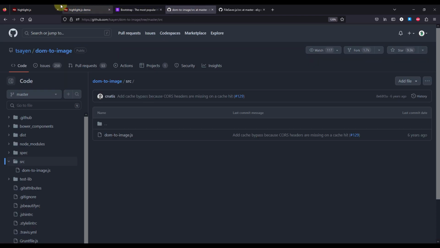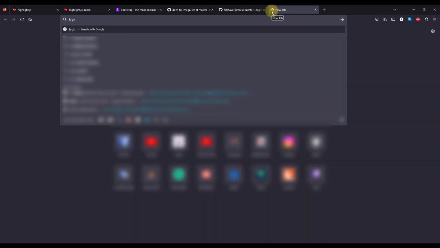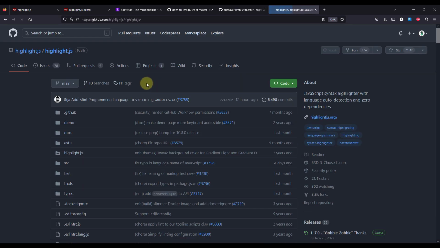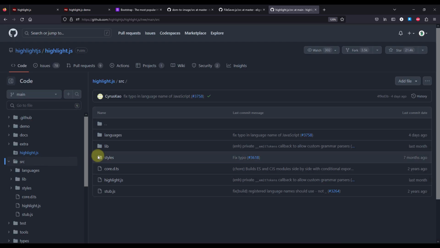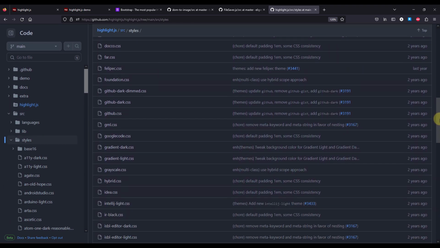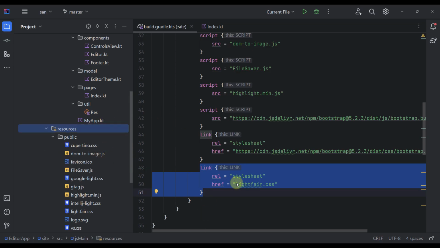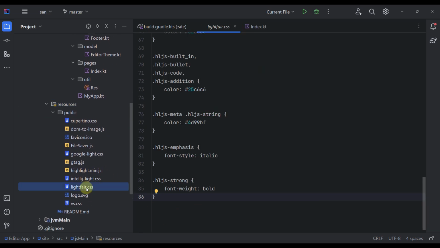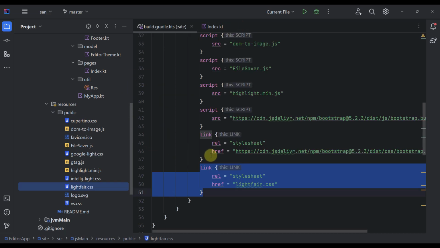You can access that theme actually on their GitHub profile. So let me just try to type here Highlight JS GitHub. You can open up that JS on a GitHub, and there you need to search for themes. And from here you can open up the source directory, then styles, and there you're going to find all different kinds of CSS theme styles that you can use to actually copy and paste to your own Kotlin project. In this case, I have pasted this light fair CSS, so there it is. That's how it looks like. So just be sure to paste that specific theme or any other theme that you want to use with your